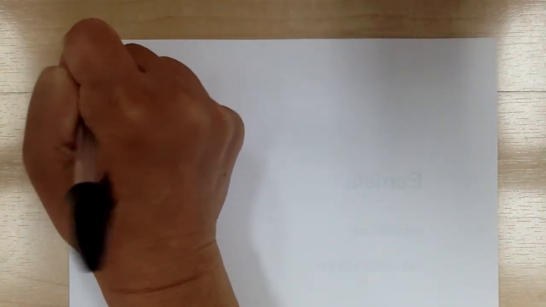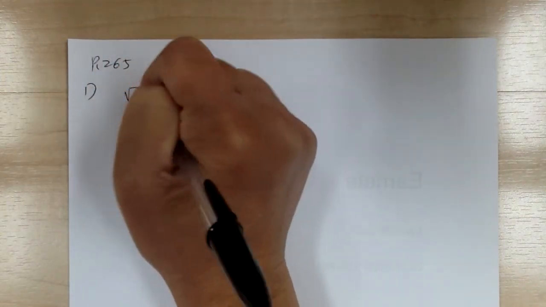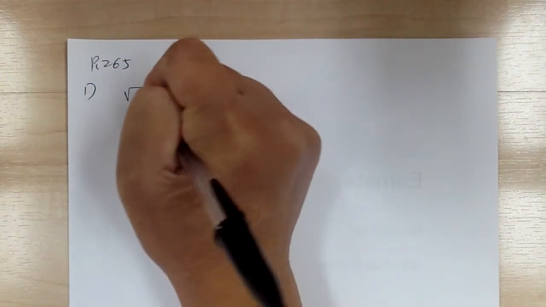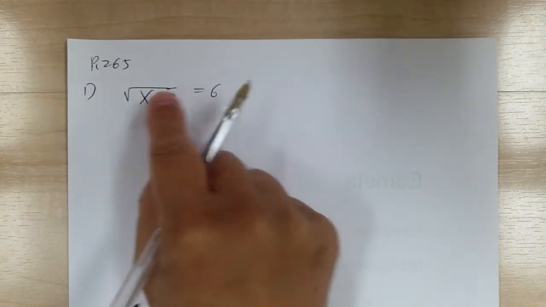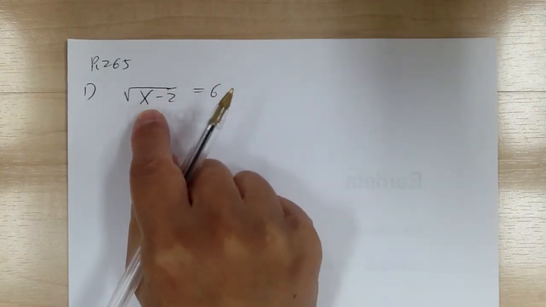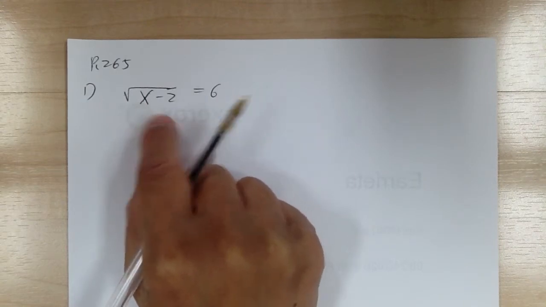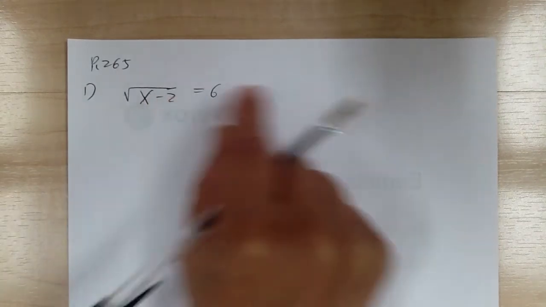Let's go to page 265 and let's start with number 1. Here you have the square root of x minus 2 equal to 6. So this is called a radical equation. When you have a radical equation, that means the variable is inside the square root. To solve, you need to isolate the square root by itself and then you square both